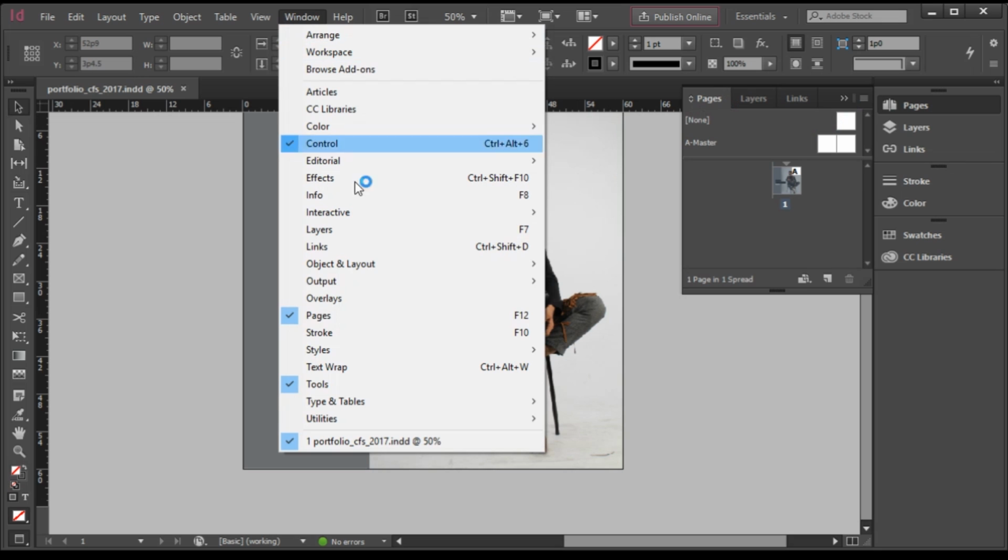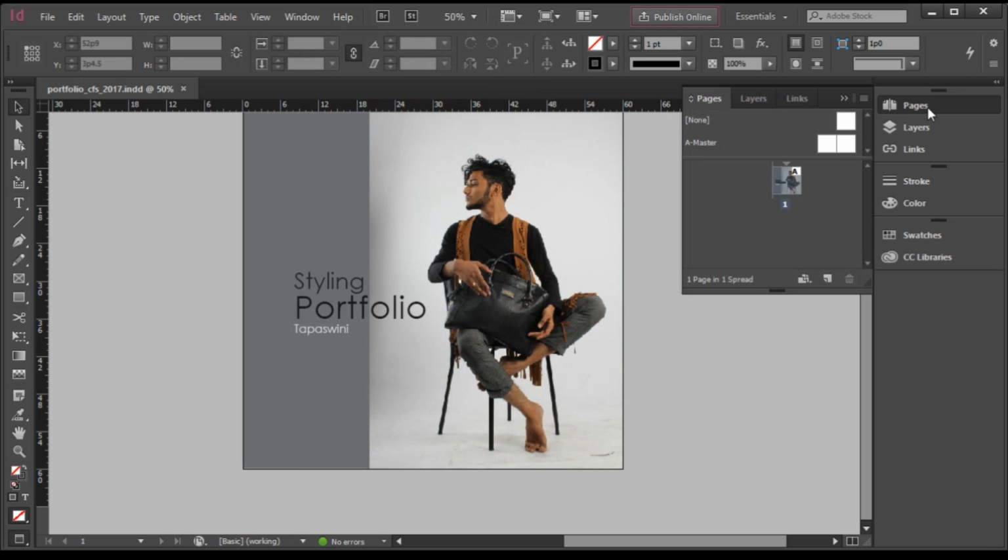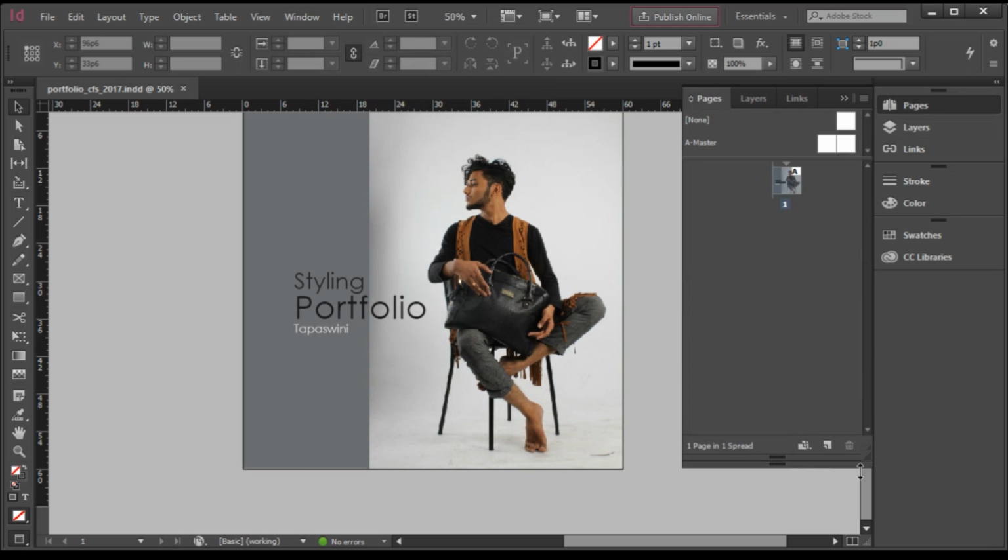So click on the Windows menu, look for the Pages panel and make sure that it is selected. If it is selected, you'll find it somewhere in the interface. Most probably you'll find it on the right hand side where all the panels are collapsed. So expand the panel, and it's better if you expand it further downwards because you'll be working a lot here